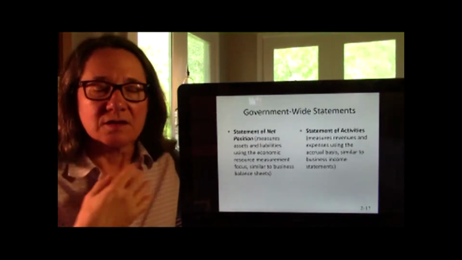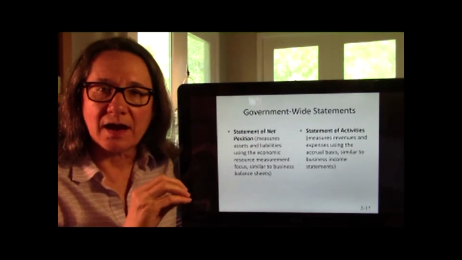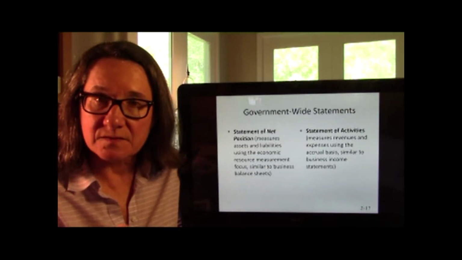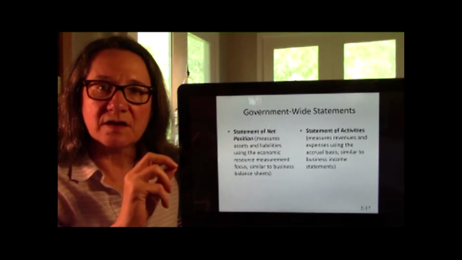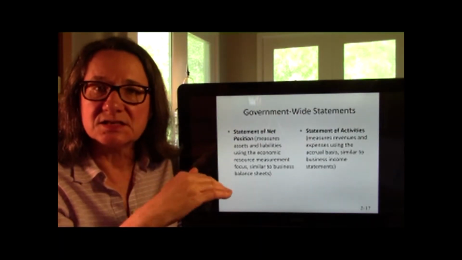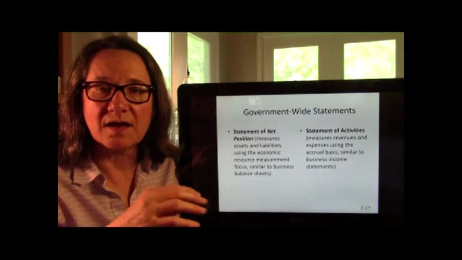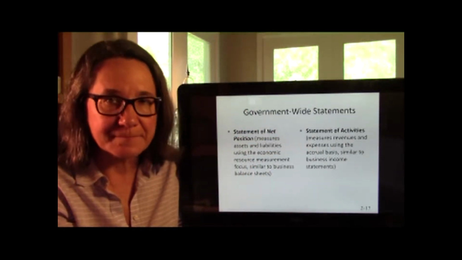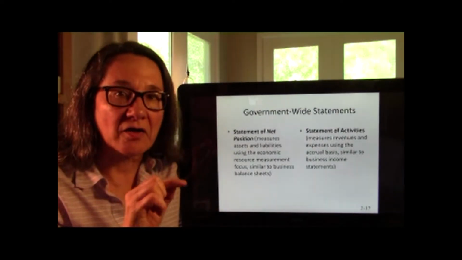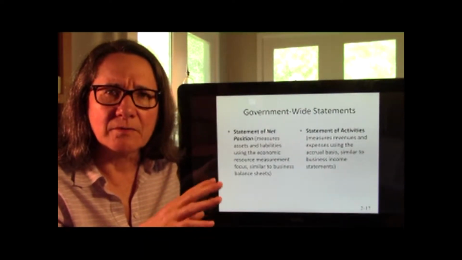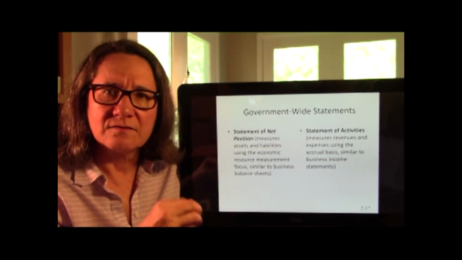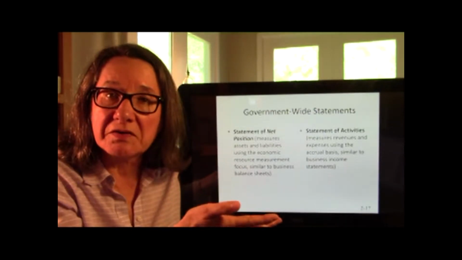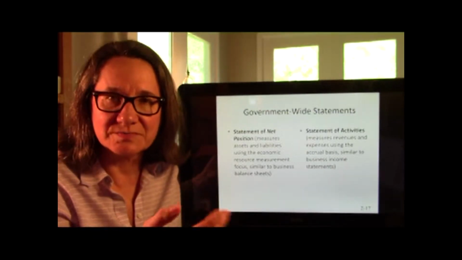So, you may recall how we do this entire set. Some are government-wide, and some are by funds, right? So, think of the government-wide statements as the consolidated statements. It's where you take all the funds and kind of consolidate them up into a whole government-wide statement. Not all the funds. We'll get to that in a little bit. You don't really include the fiduciary funds, the stuff held in trust, in the government-wide because, well, it doesn't belong to the government. It belongs to like the pensioners or whoever it belongs to.